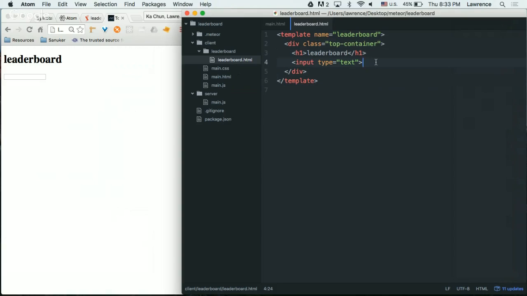Okay, so now we got an input box. What about next? Right next to the input box, there is a button. In HTML, the tag for a button is also called button. So just type button here, tab. And then we are going to give some content into the button. Just type add player. Now you should be able to see an add player button right next to your input box.